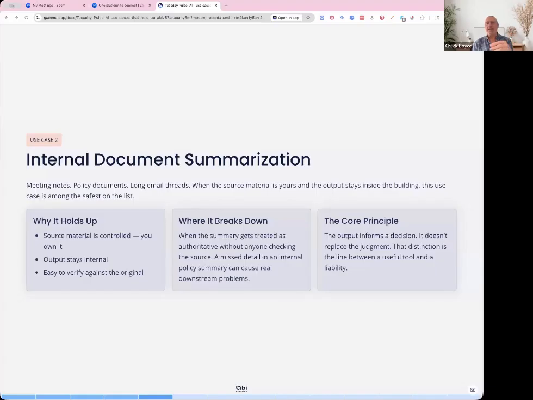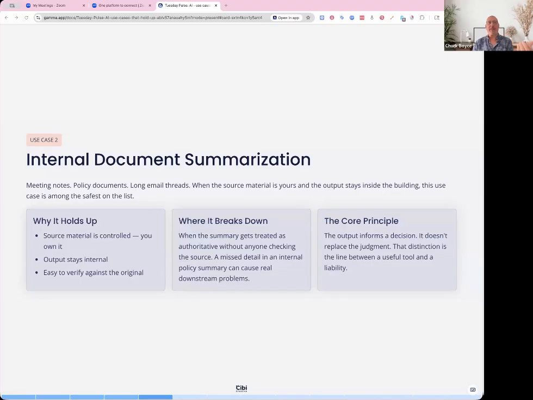And then catchable errors: if you have the source material there, you can validate the source versus what AI gave you. So the source errors are catchable. The human owns the output. Yes, the human is entering what they want summarized, and then they're reviewing the results. And then the data risk depends on what's in the document and where it's being processed.